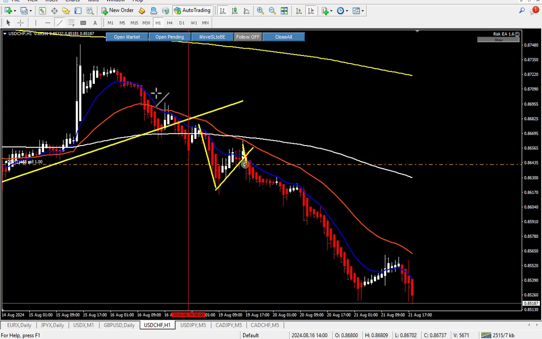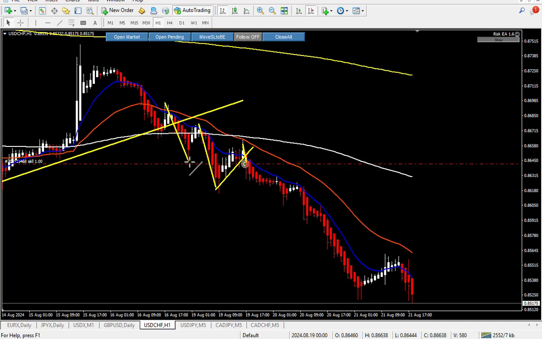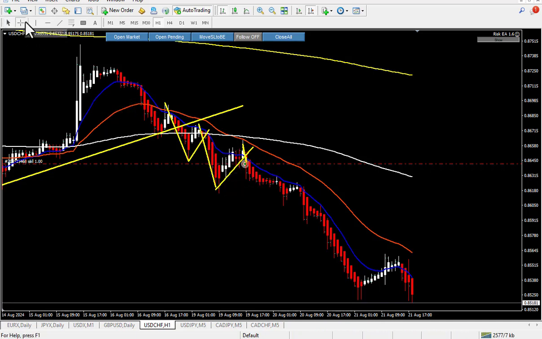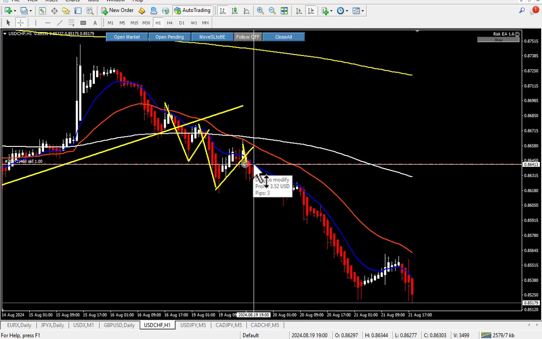and in 1 hourly you see this was the first 1 2 3 which I missed because at that time I was sleeping. That was my sleeping time. Then I waited for another 1 2 3 close to the 4 hourly trend line break. And whenever that 1 2 3 happened just close to the trend line break, I took the